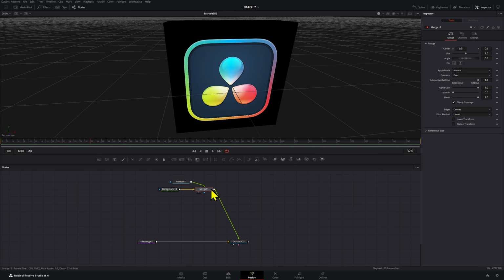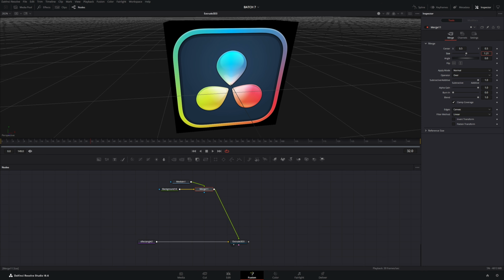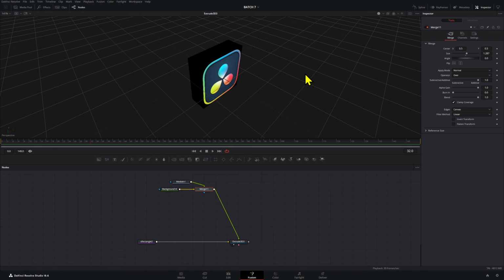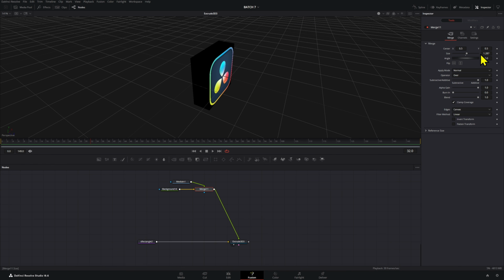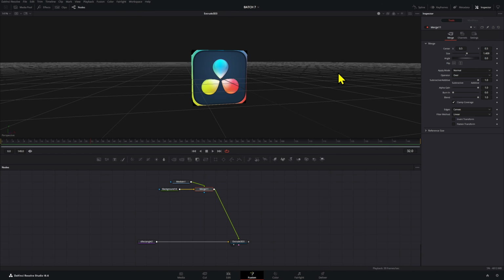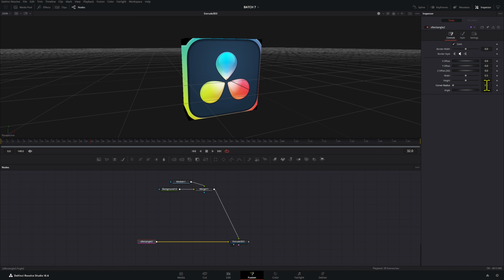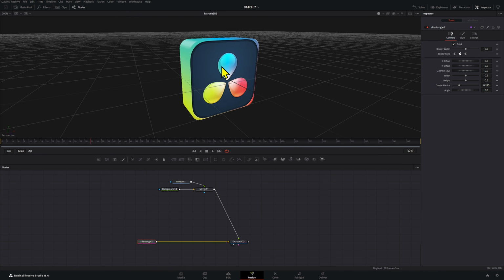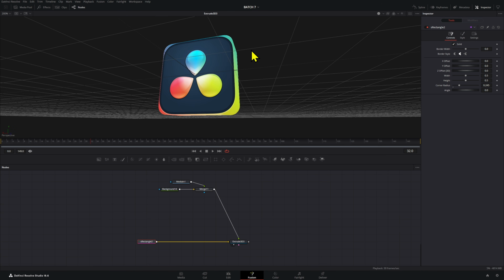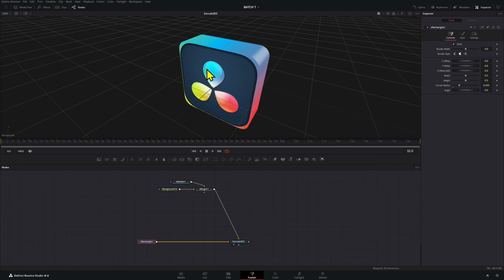So what can we do? The first thing you can do is go to your merge node if you don't want to add another transform node, and we're going to increase the size of our shape. If we want our shape to cover the edges, basically you want to make these really big, and that's when it starts to actually affect the 3D space, right? If we want it to be like that. Since our logo right here has a little bit of a curvature, you can go to the rectangle and then adjust the corner radius and then play around with that, and there you have your cool sort of like logo,